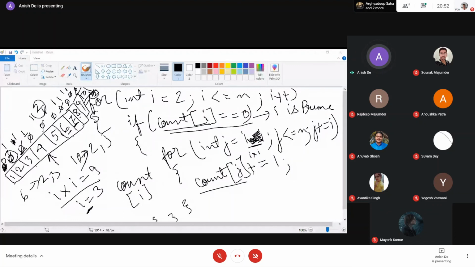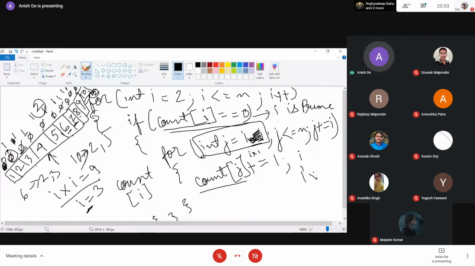So sieve is very essential in number theory problems because you can't apply brute force every time, because it will take n into square root of n. So practice some problems. I have given a link here. It has some basic problems on sieve. Practice them, and as I told, one thing you have to take care of in sieve is whether we have to start from i or i into i. We have to be careful about that.